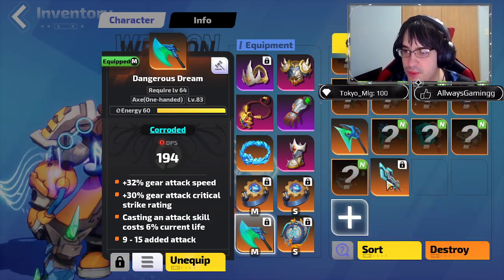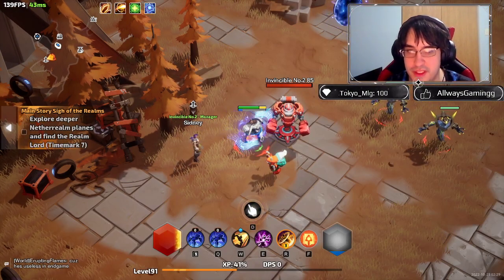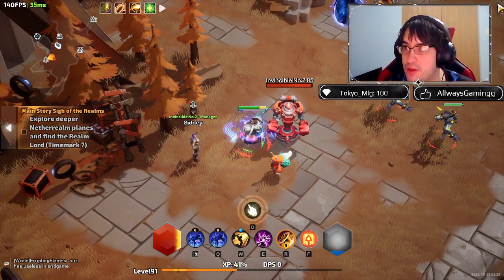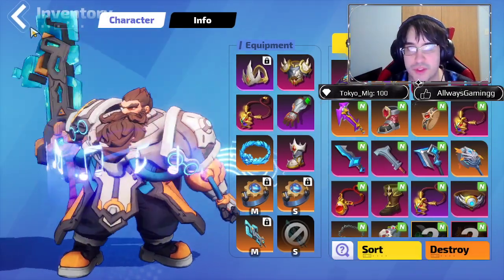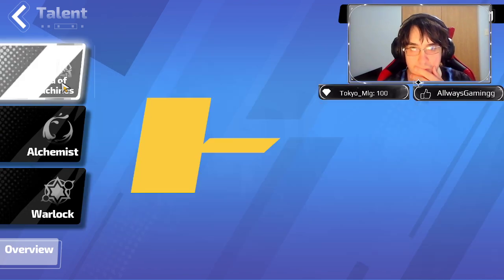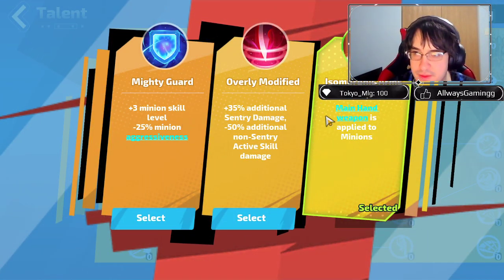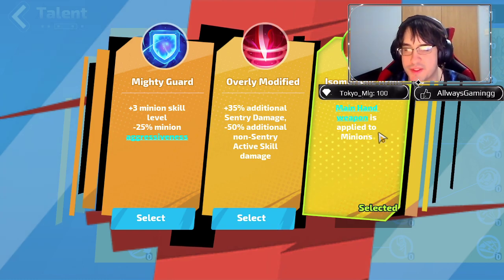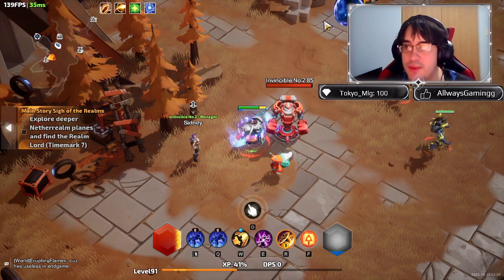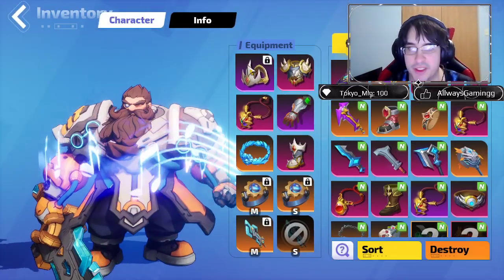the first one, which is using an Abyss Watcher. Using the Abyss Watcher, we also switched one of our traits up, so let me go over that really quick. Instead of the +3 minion skill levels, we switched it to main hand weapon is applied to minions. So what that will do is we're trying to manipulate the system a little bit here,